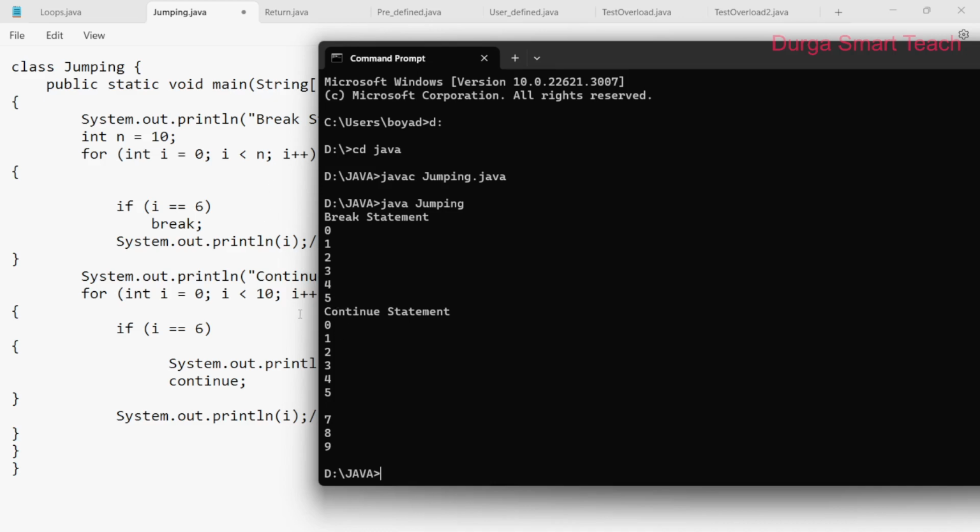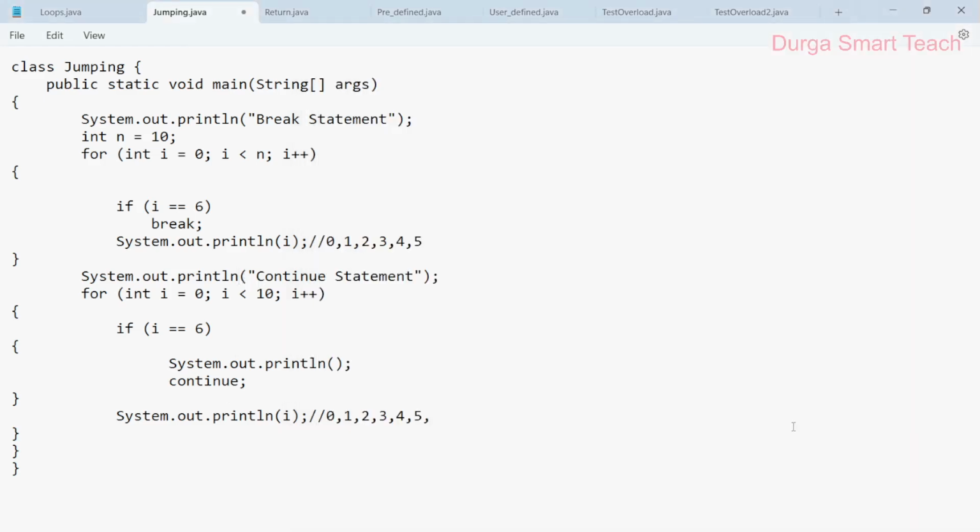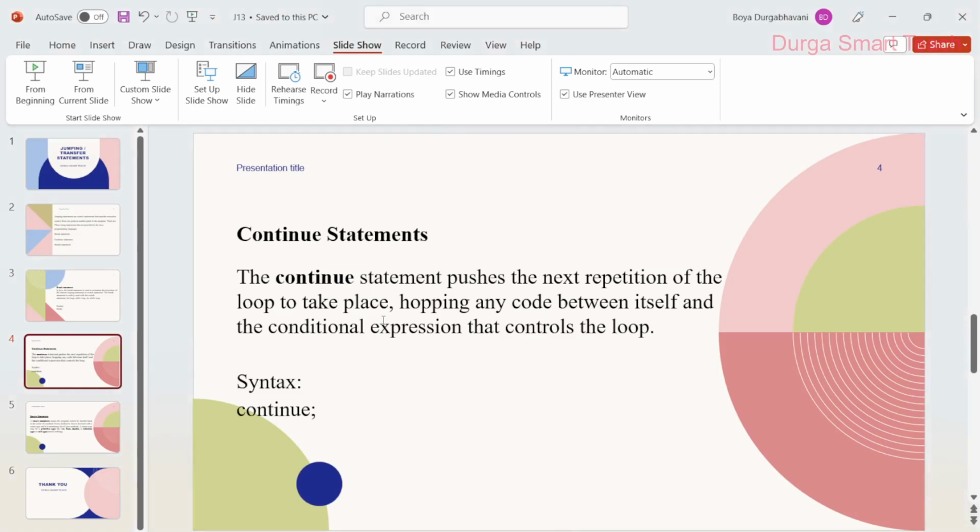Next, continue means only 6 will be skipped. Okay, only 6 is skipped. Why? Because continue means it skips only one iteration. Okay, one repetition. So this is the main difference between break and continue. Okay, so the next one, the last one is